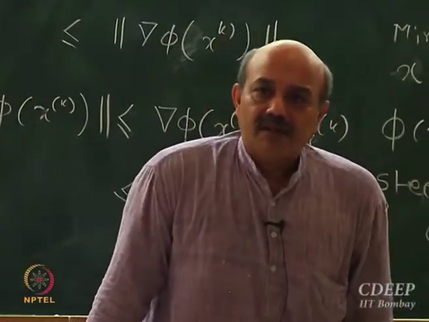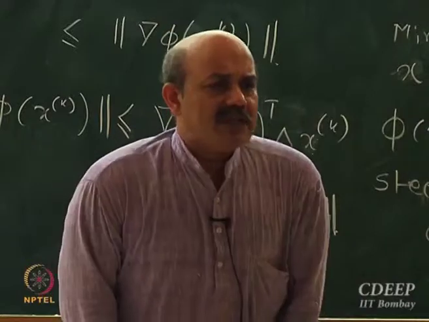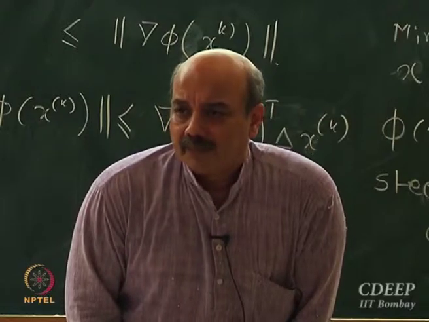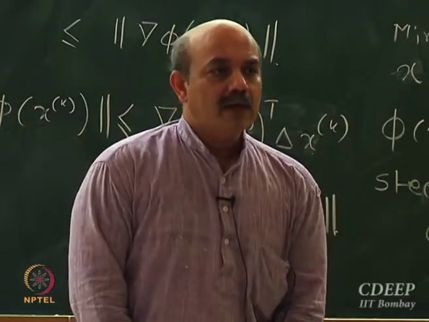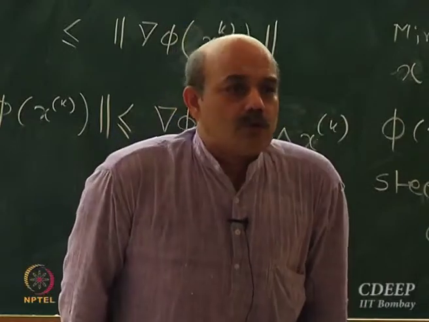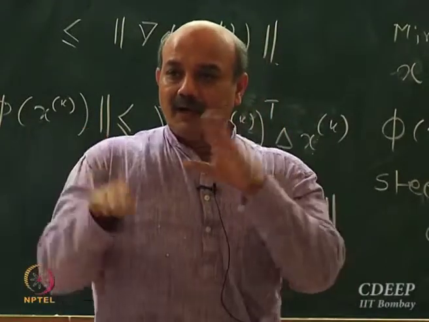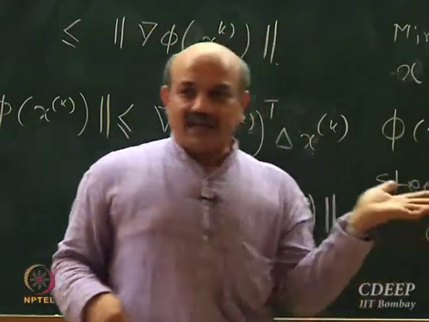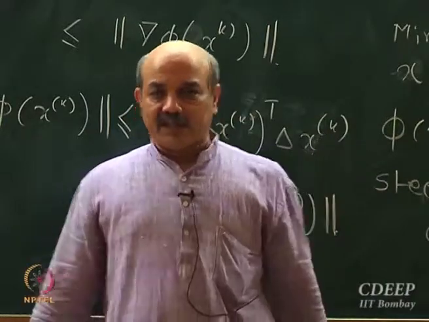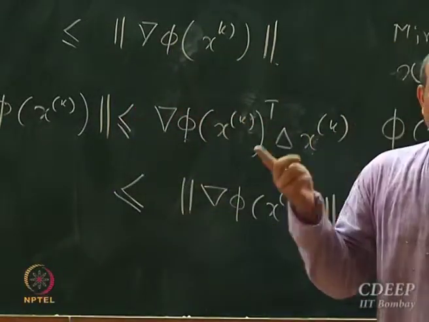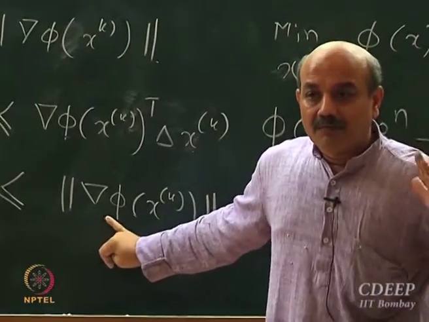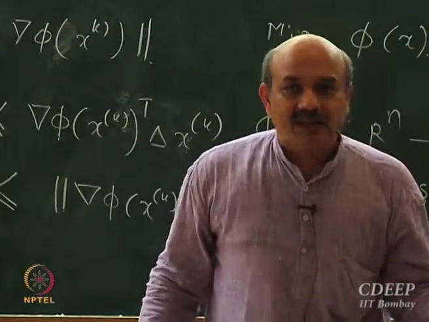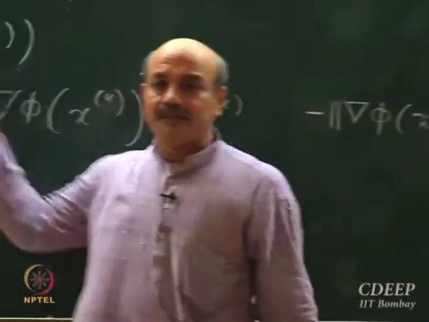What does the Cauchy inequality tell you? We had related the Cauchy inequality to the cos theta angle. So I am talking about two special angles. One is angle 0, the other is angle 180, the positive and negative direction. If you are maximizing the function, you should move along the positive of the gradient direction. If you are minimizing the function, you should move along the negative of the gradient direction, because this difference will be smallest negative.